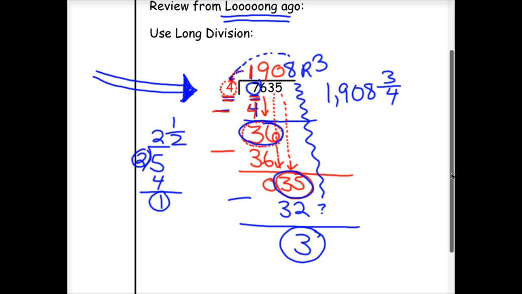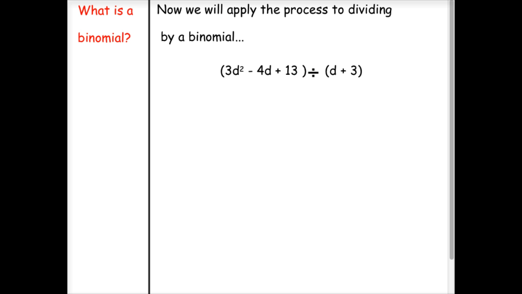Now, we have done this, but this is not our task today. Our task is going to be, can we do it with polynomials? So I really want to make sure you follow that process. We are going to mimic it. So everybody pay attention here. This is a big skill, and it's kind of difficult if you don't have a series of steps. So first of all, we are going to be dividing by a binomial. Yesterday we did a monomial. So remember, this is what we mean by dividing by a binomial. It has 2 terms